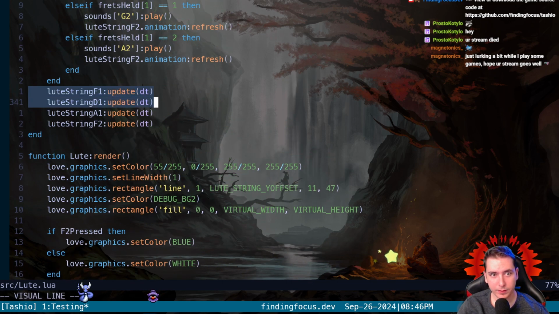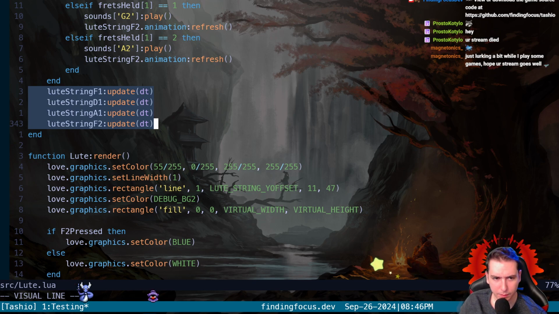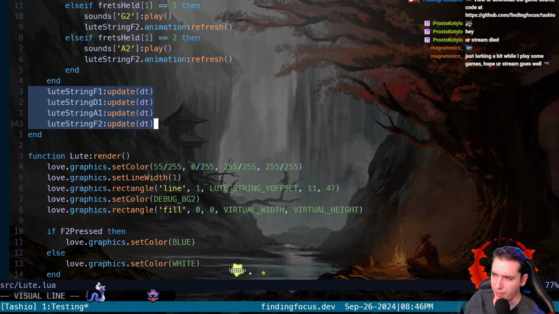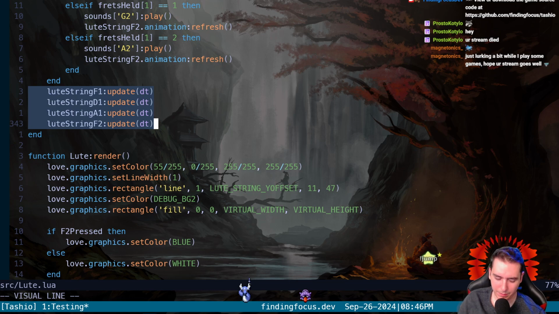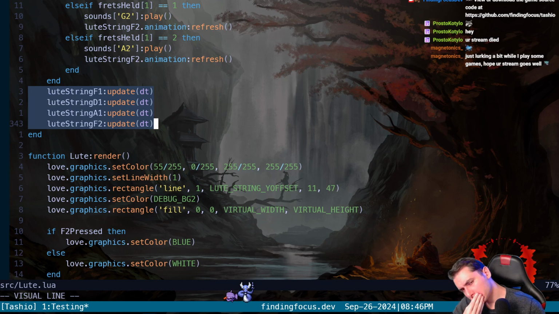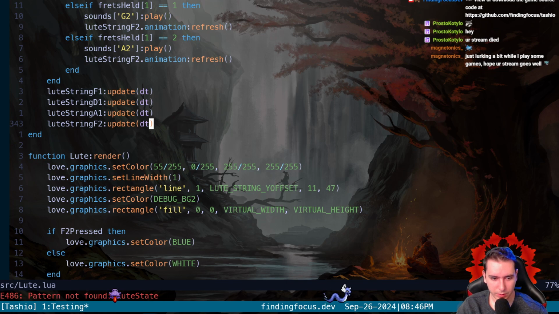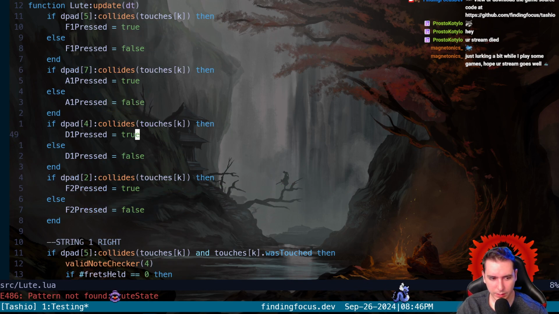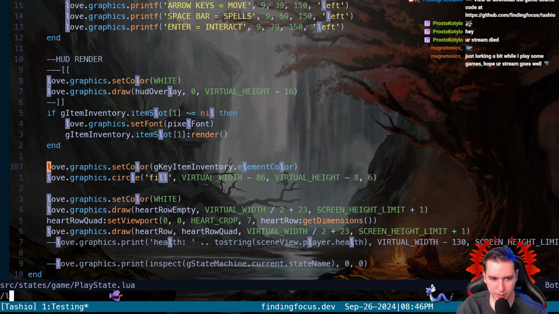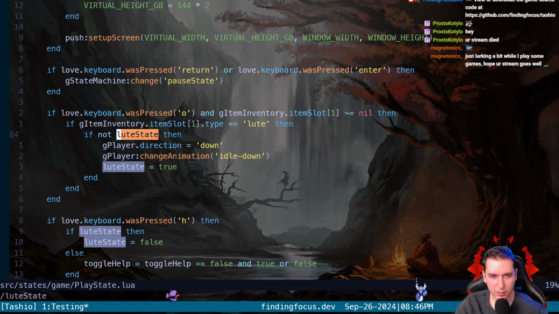I don't know why I feel like it's this part that's messed up. Maybe we should try to update. No, I think we're on the right track where we only update if it's lute state. I mean, I guess. Do we have any other lute state in here? We shouldn't. And then in our play state, is anything with lute state incorrect here?